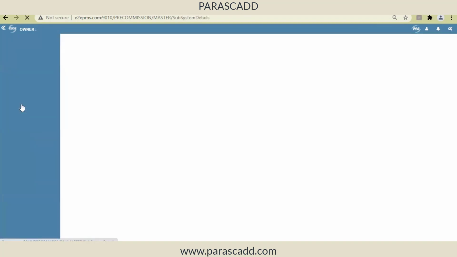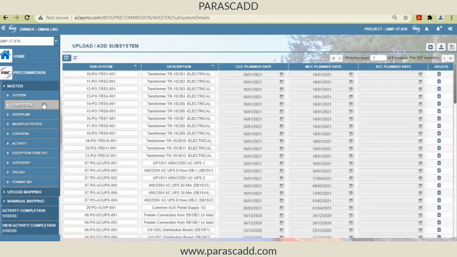Second is subsystem. These are the list of subsystems. A system will be divided into multiple subsystems for ease of monitoring and controlling. We have the subsystem number and the description of the subsystem. With respect to a subsystem, I have three certification levels or stages.